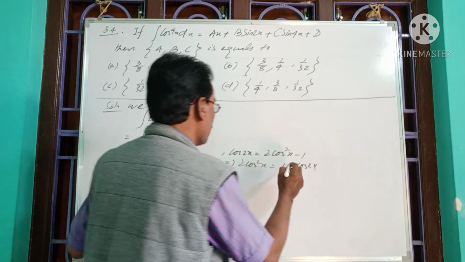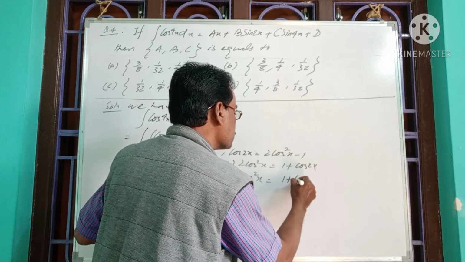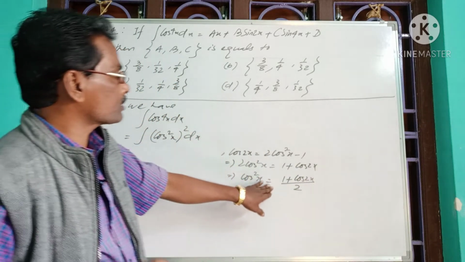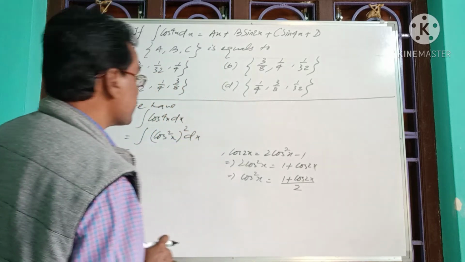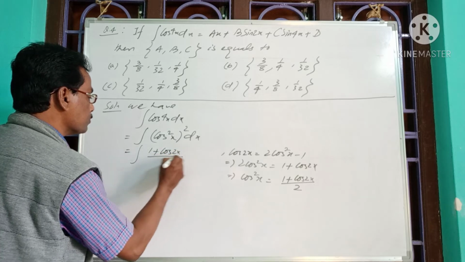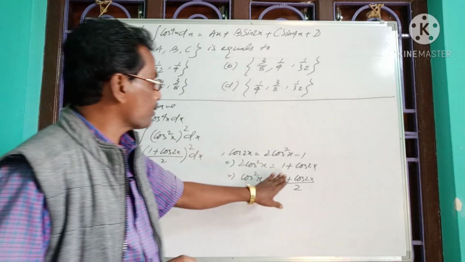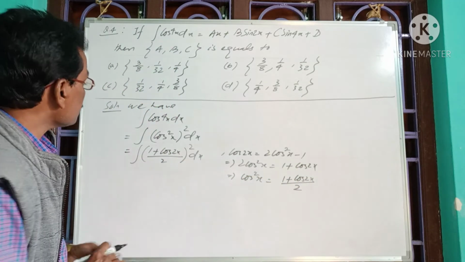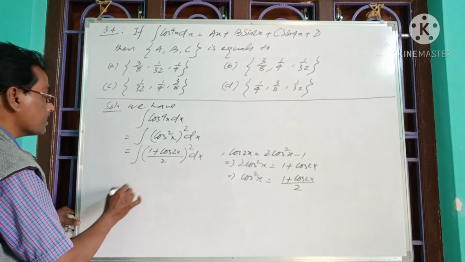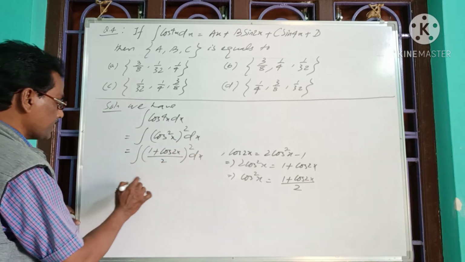So again simplifying, we have cos square x is equal to 1 plus cos of 2x by 2. So we got cos square x as 1 plus cos 2x by 2. So now replacing, in the integrand we have integration of 1 plus cos of 2x by 2 whole square with respect to x. So in place of cos square x, we replace 1 plus cos 2x by 2. So now we got 1 plus cos 2x by 2 to the power 2 with respect to x. So again simplifying, we have 1 by 4, that is the square of 1 by 2 is 1 by 4, which can be taken out of the integral.